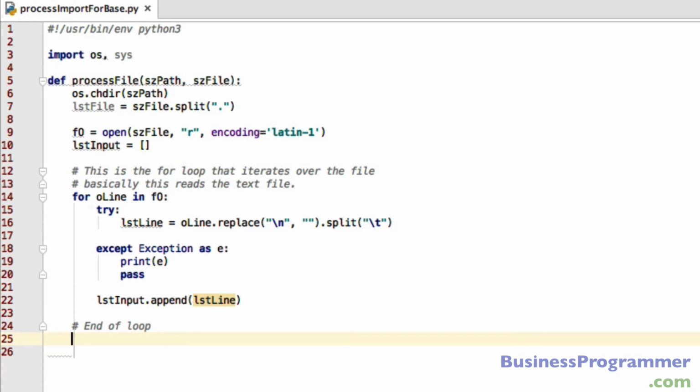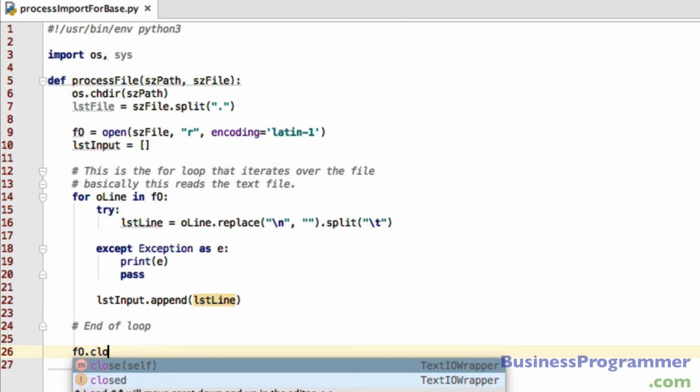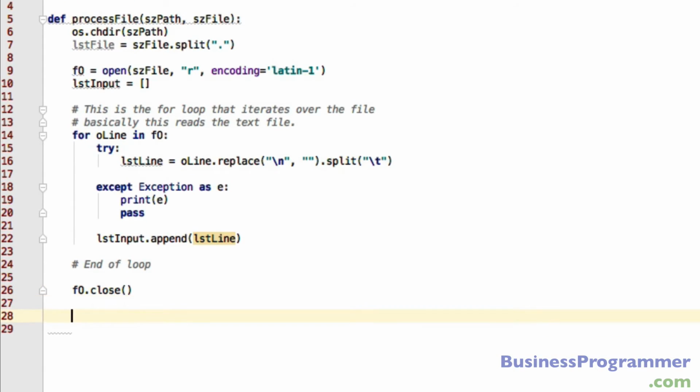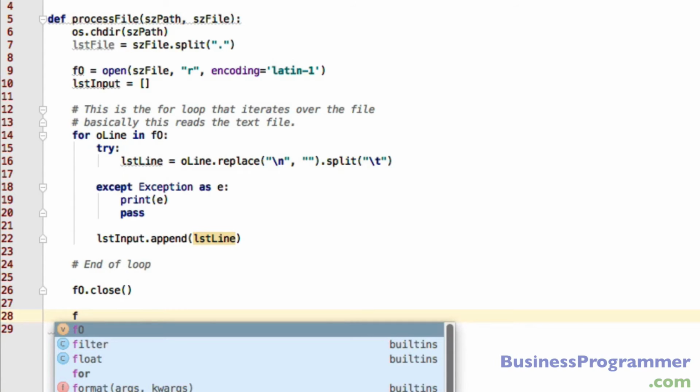So step one is we no longer need the FO file object, the object you're using to read the file. So I type FO.close. Okay, so FO was for file open, but now I'm going to create a new variable to write the file, and I'll call it FW, file write. So equals open,